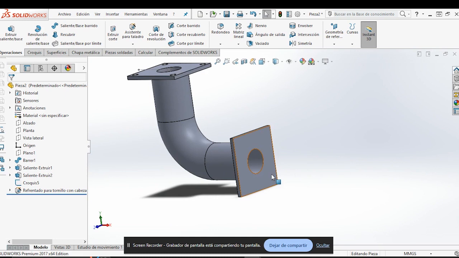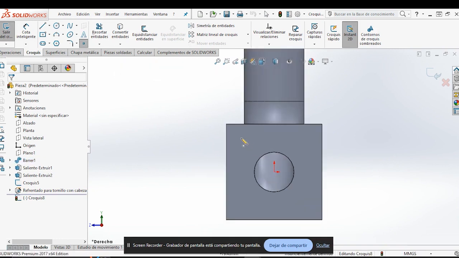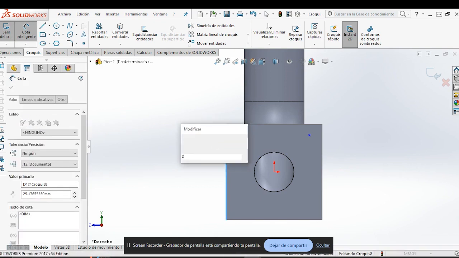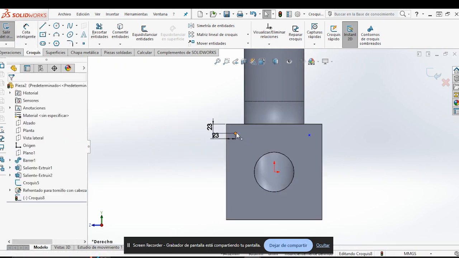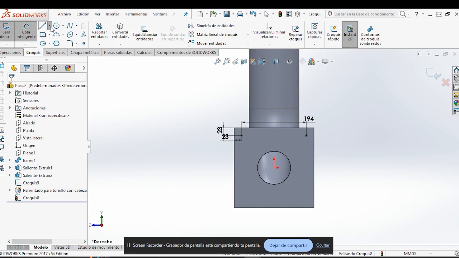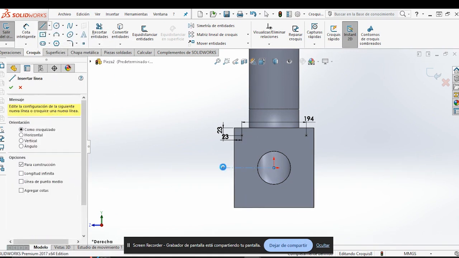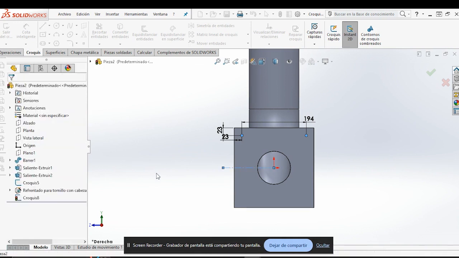Ready. Again, select this, and we draw the point, this and this, we give measure 23, select this and this, horizontal, and between this there is a distance 194, and we draw a construction line, and select mirror, select this point, and we accept. We exit from this sketch,